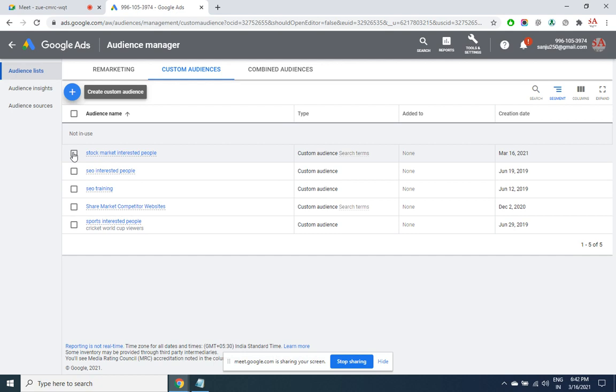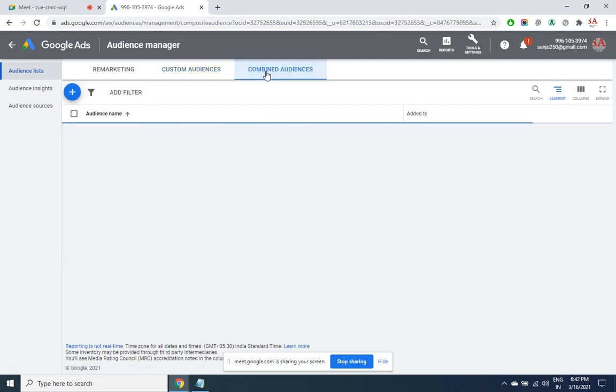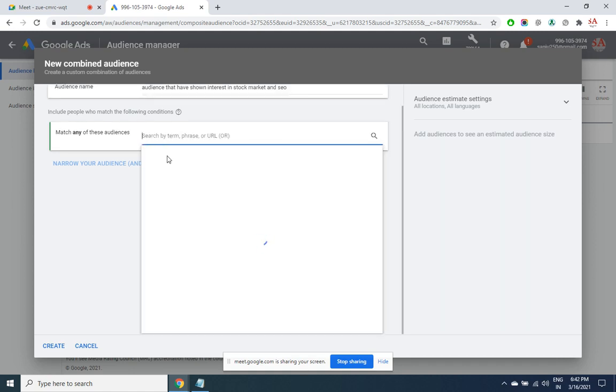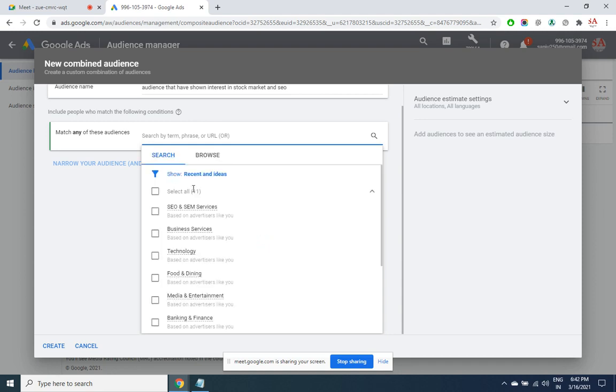In case you have got combination of the audience, then you can go with combined audience. So you'll have to click on plus and go for combined audience, give the name. So what all audience you have selected?